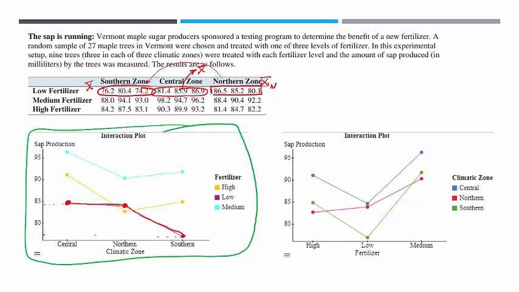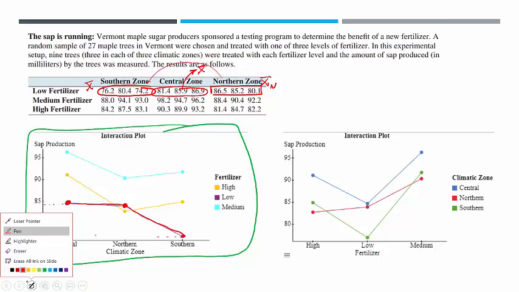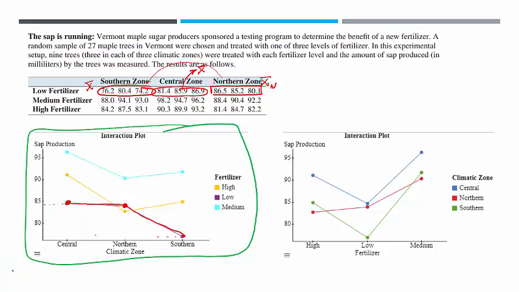Because I want you to contrast that then for the medium and the high fertilizer levels and how it differs over the climate zones. So I'm going to go over these in black. Okay, so in both the high fertilizer, which is the line that kind of starts in the middle right here where I put the star, notice that as you move from central to northern, it drops much more significantly than it did for the